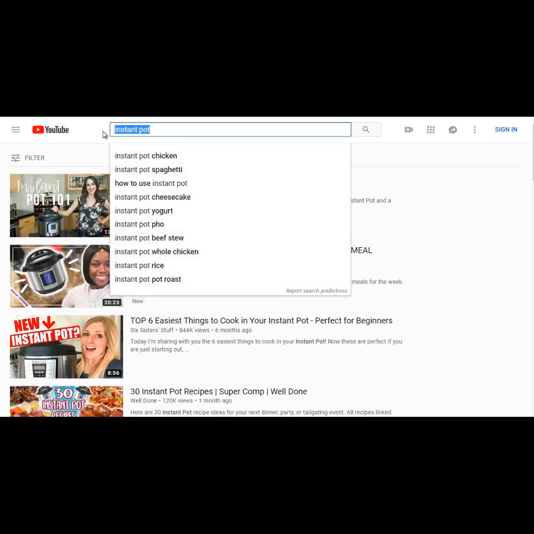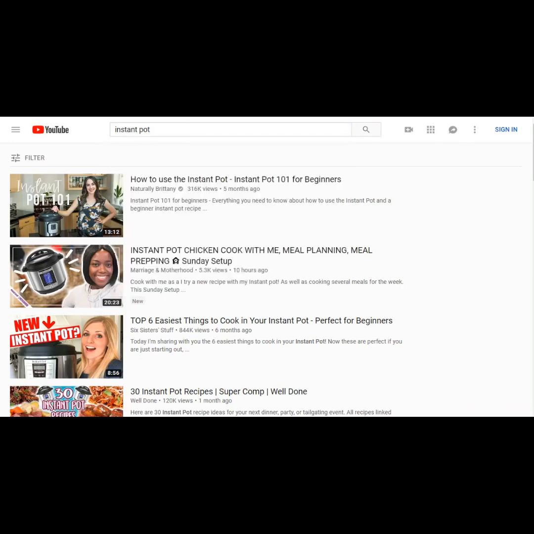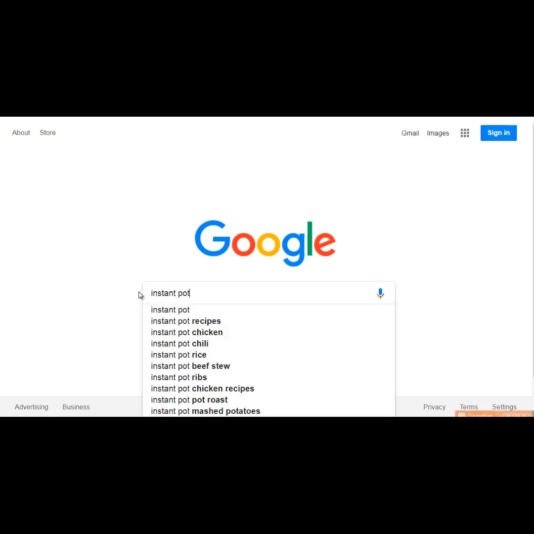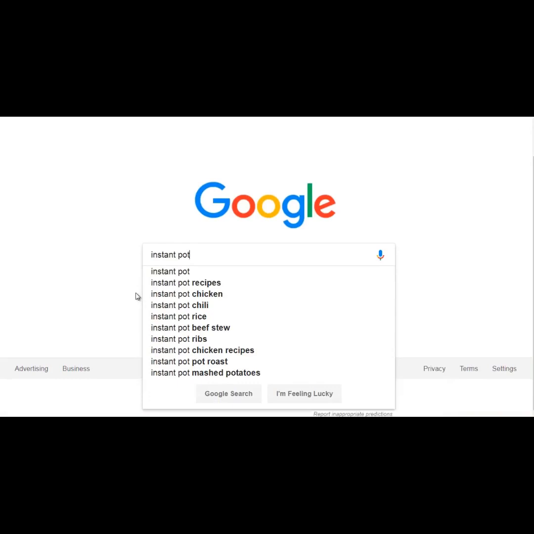Now let's hop over to Google and see what we get. Do we get the same thing? Do we get something different? So if you go to Google and you type in the same thing, Instant Pot, we can see that we've got Instant Pot recipes, Instant Pot chicken. So notice that the chicken and the roast beef or the pot roast seem to appear both in Google and in YouTube. So whenever you see that, that's a good sign,